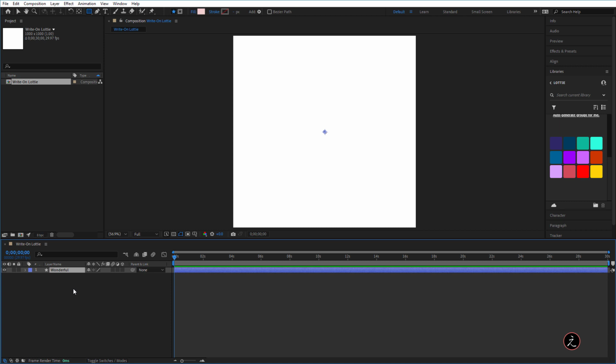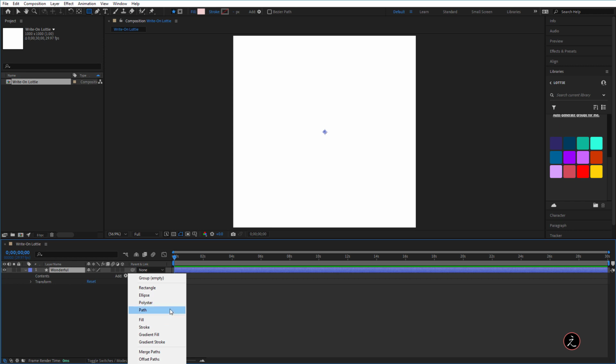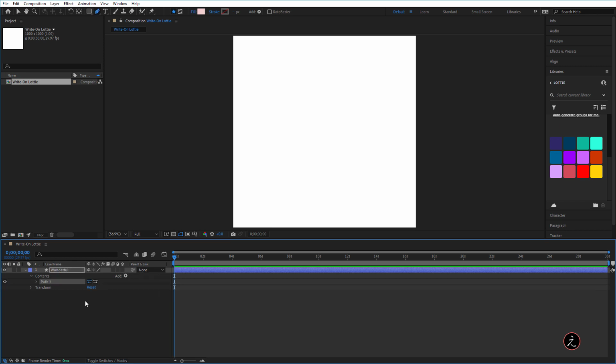All right. Another thing I'm going to do is I will make sure that the layer switches is enabled so we can use the Add menu in the timeline panel. So in this case, I will go ahead and click on the Add menu and add a path operator.